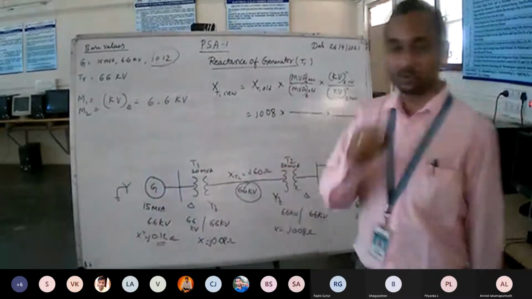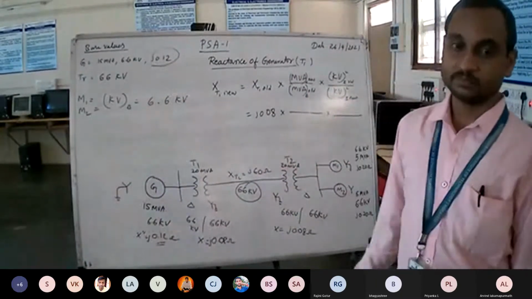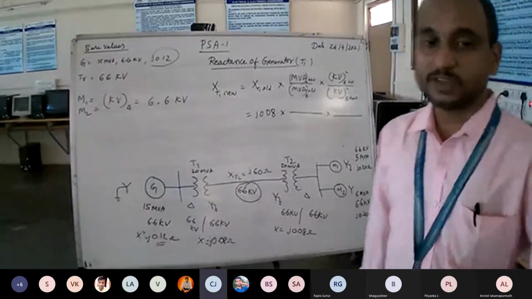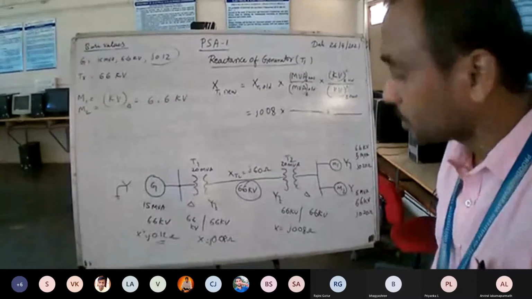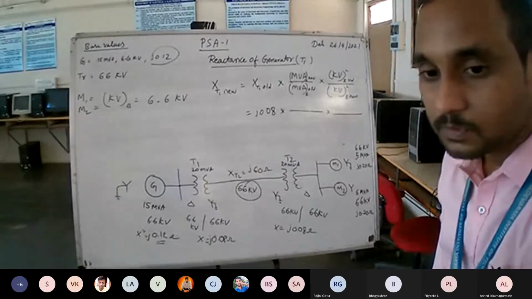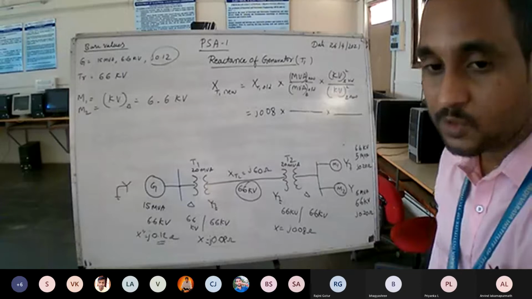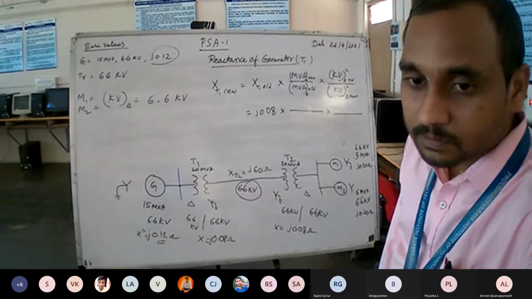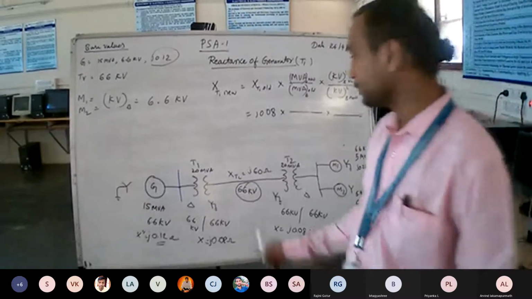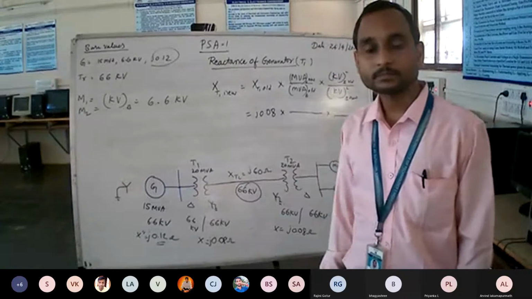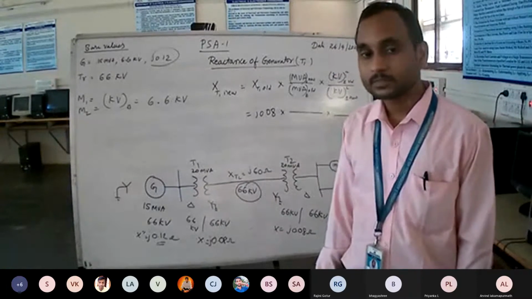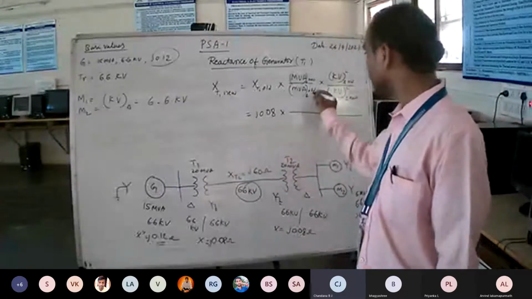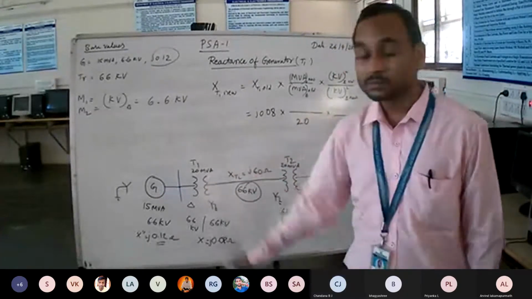What is the MVA new for the transformer? Chandana, what is the MVA old for the transformer? MVA base new and MVA base old. Correct. Yes. So old is 20 MVA. Old is 20 MVA. Okay. New is